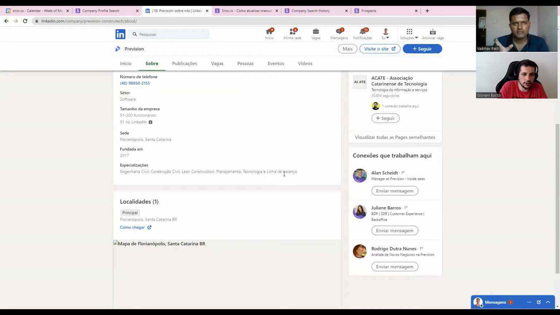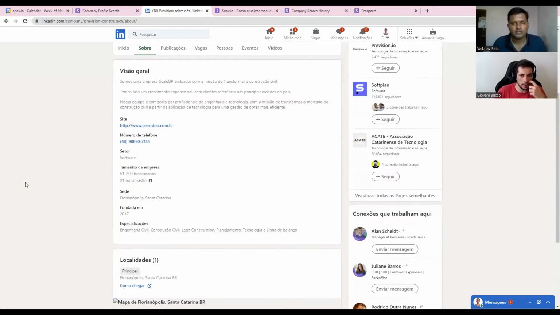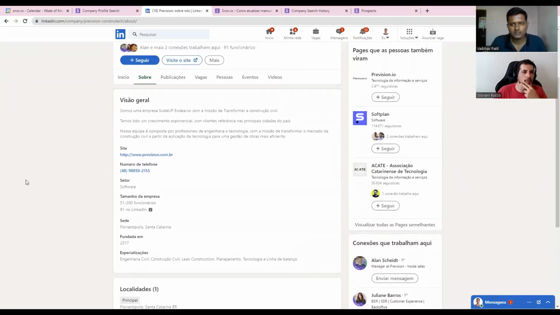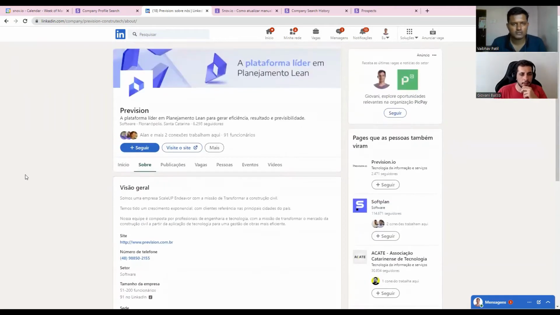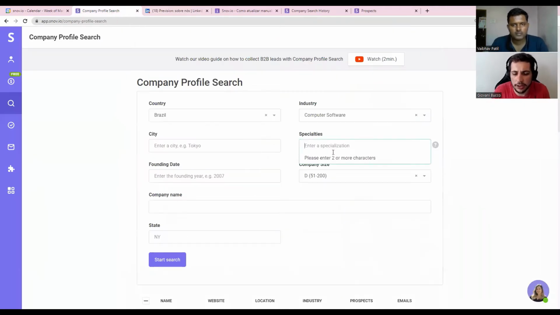Basically they are keywords, the main keywords of what the company is doing. But it's not something predefined by LinkedIn, so you have to add a lot of variations if you'd like to look into this. If you want to find, suppose, a B2B company, maybe they are using the B2B keyword in their company sector. That works very well.